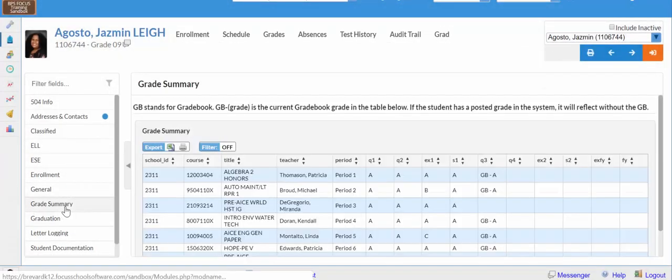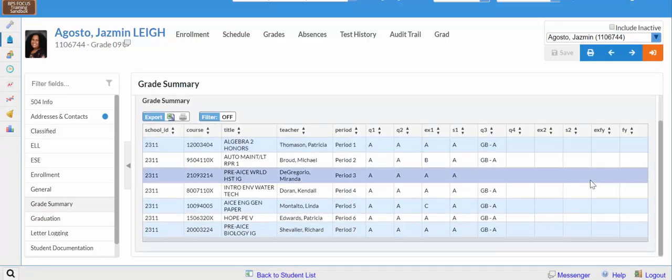We also look at the grade summary. So this is the grades of the student's course summary here. And we have it broken down by quarter 1, quarter 2, exam and semester 1 grades. And then you'll notice here in quarter 3, because I'm actually actively in the quarter 3 marking period right now,